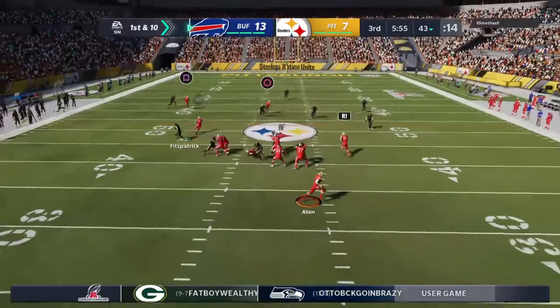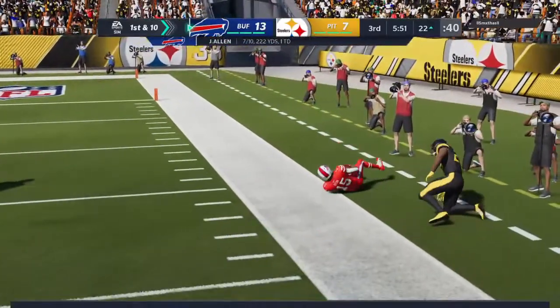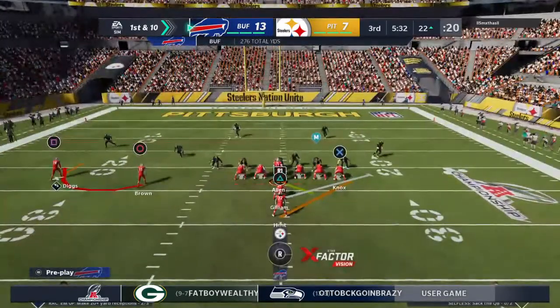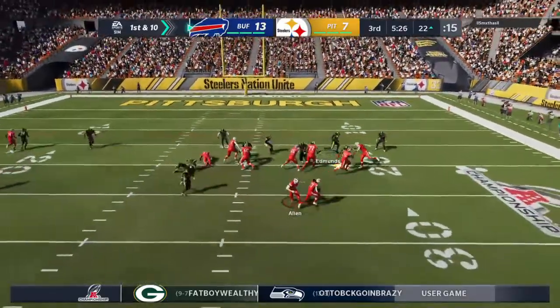On play action, Allen sliding out of the pocket. He's going deep. It's caught inside the 25. He's going to go out of bounds, but he takes this one down just shy of the 20. 36 yards on the play. So the big play gets him all the way down to the outskirts of the red zone here for 1st